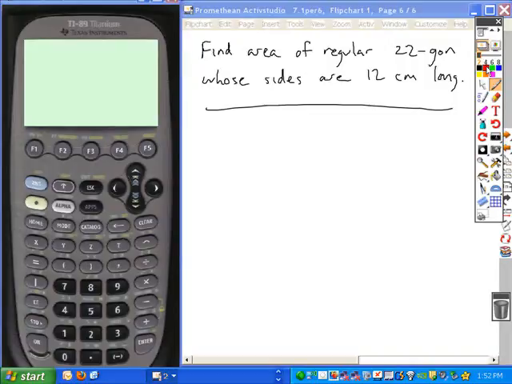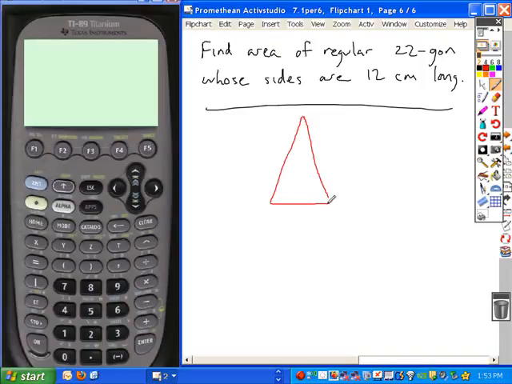All right, as you set up to solve this, do you need to sketch out the entire 22-sided regular polygon? No. But it's a good idea to have a sketch of something. What can you use as a reference here? If you just take the isosceles triangle that you use as a reference, how many of these isosceles triangles will